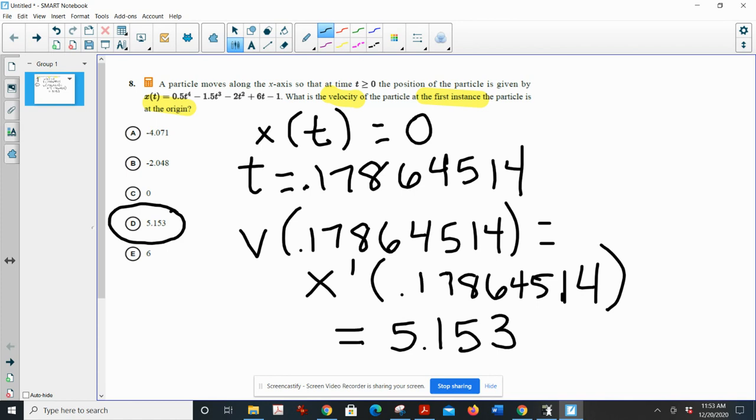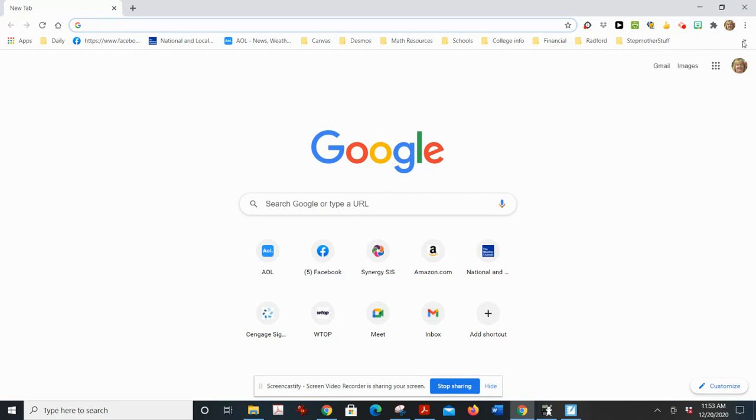So again, my apologies for class on Friday. I just looked at the graph and kind of froze up because this number, the 0.178, is so close to 0. I just got